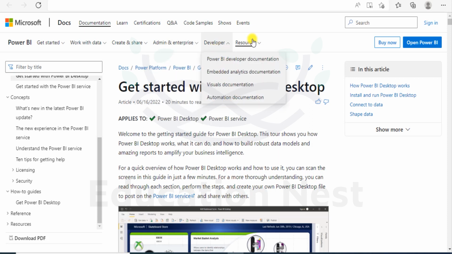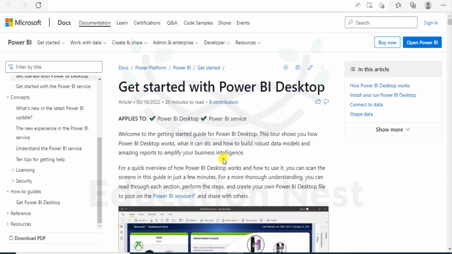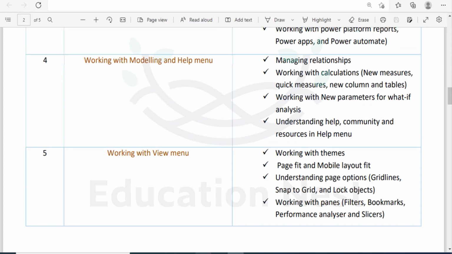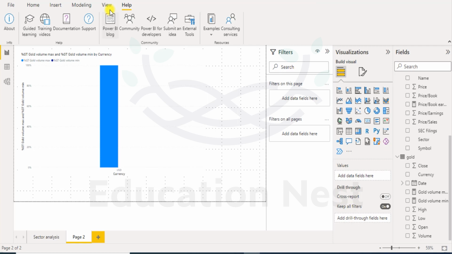These are the developer resources. These are the other resources that are available over here. So this is one such feature that I showed you here. If you want, you can also use the Power BI blog or guided learning training videos. This is what we have as far as basics of Power BI is concerned. And of course, there are other features also on view that we will be taking